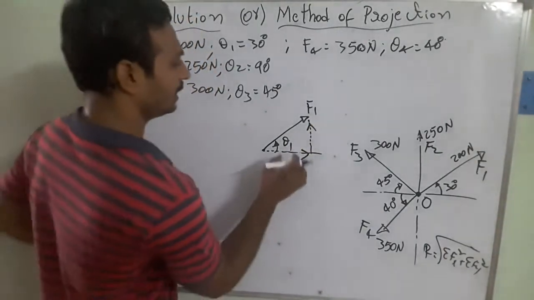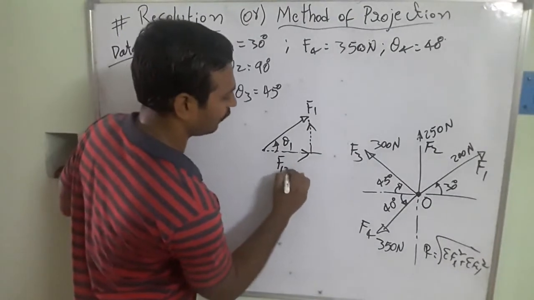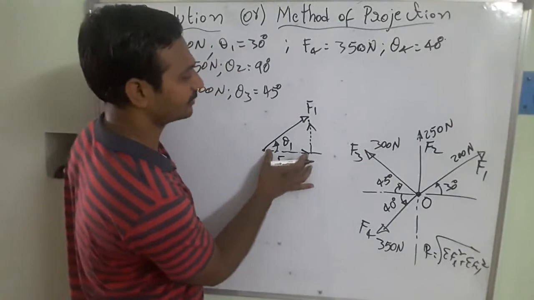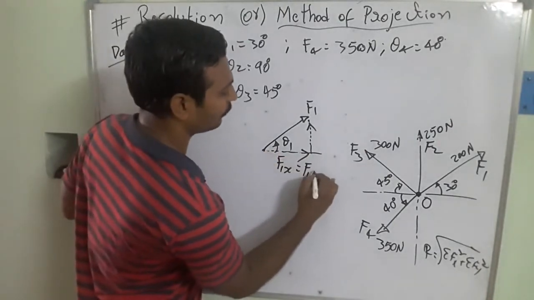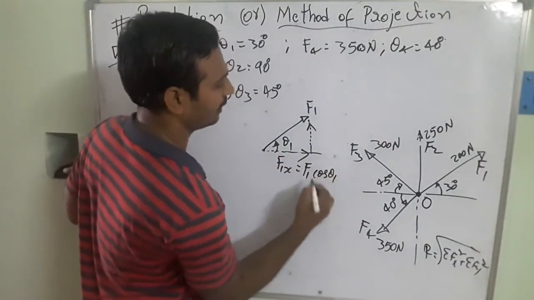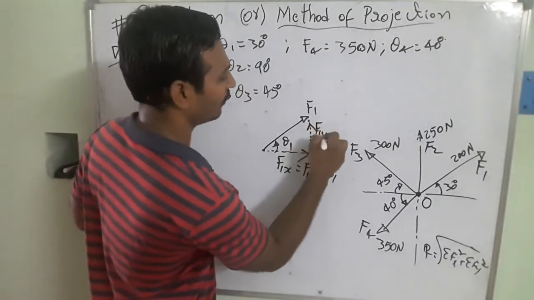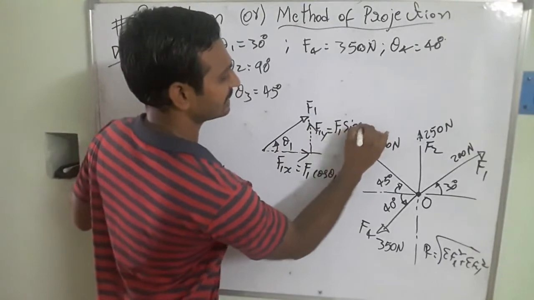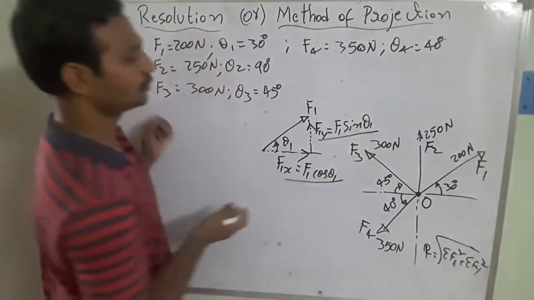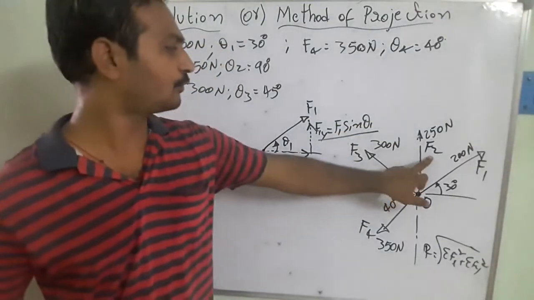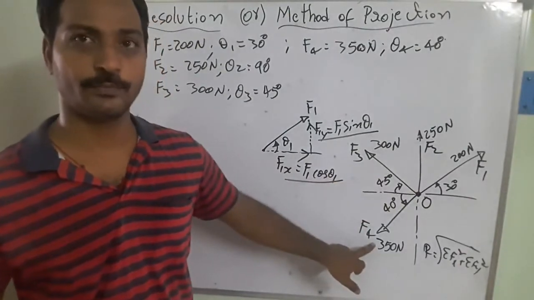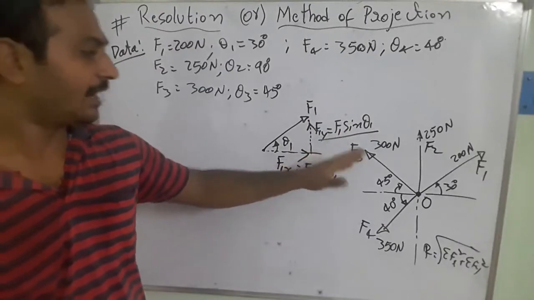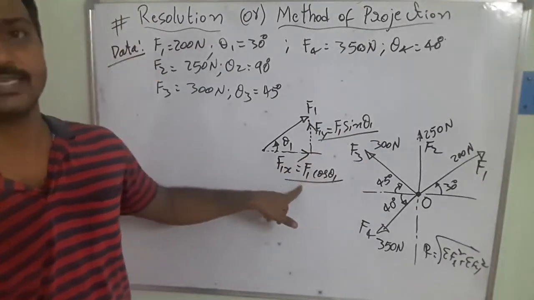This force is acting towards this side and this force is acting towards this side. So this force, I'm going to say F1x is equal to, what's the formula? Because this is the adjacent side of this triangle, I get F1 cos theta 1. And similarly, this component F1y is equal to, what's the formula, opposite side? That's F1 sin theta 1. This way, we are going to resolve F2, F3 and F4. The vertical components will go to the y components and the horizontal components will go to the x-axis components.